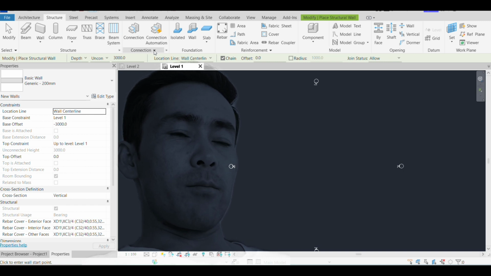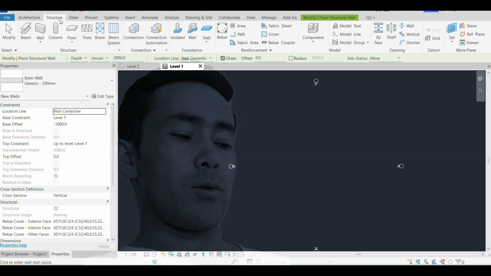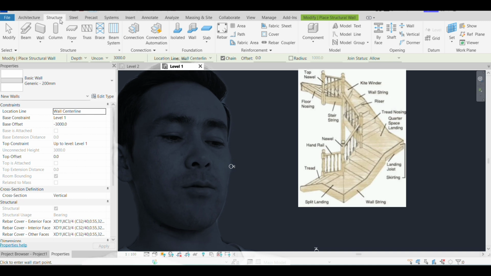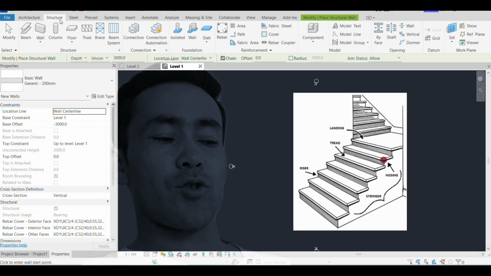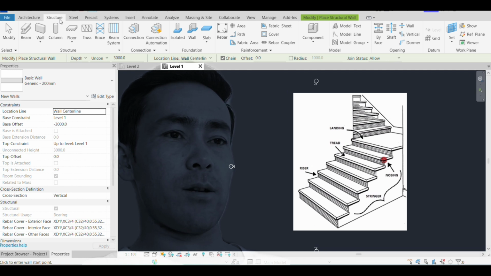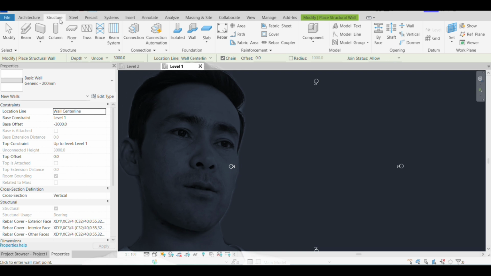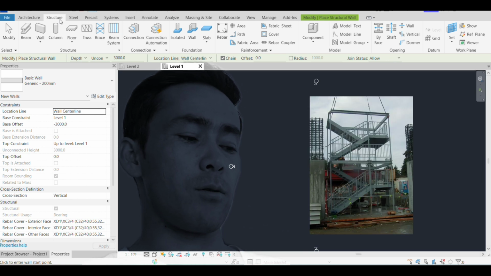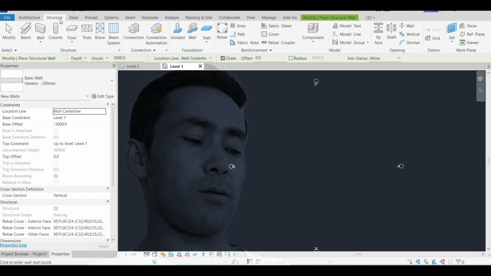The other very important part of the structure component is stairs, and we should be able to create stairs of different types: concrete, laminated, or timber, and also create shafts and shaft openings for the stairs if we have stairs going through multiple floors. In this part you should also be able to understand the functions and limitations of model and detail groups, and also